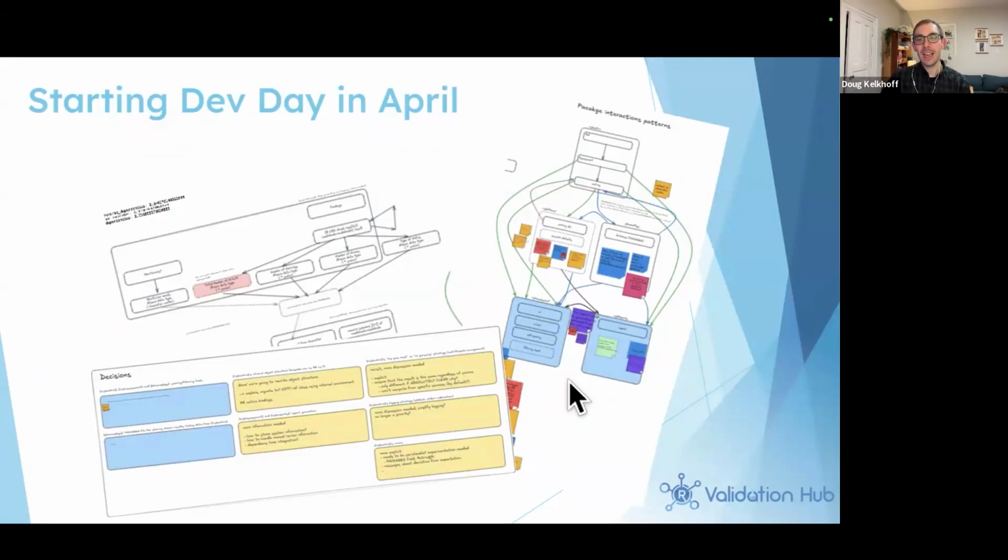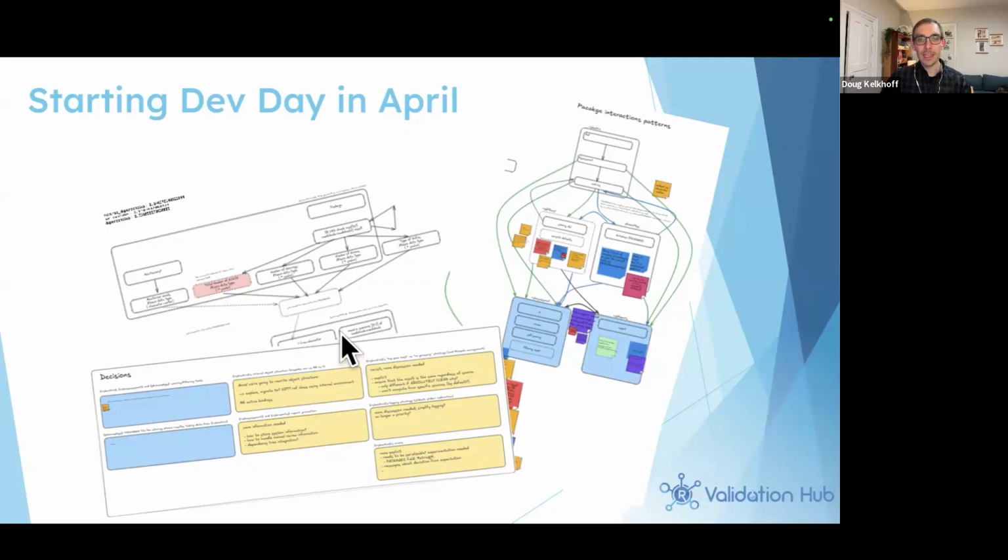So what exactly has been happening? It really started back in April. There's no expectation that anyone's able to read any of this. I think it's too blurry anyway, so don't feel like you need to zoom in and try to interpret any of this. But suffice it to say, we met for, I think it was a 3 or 4